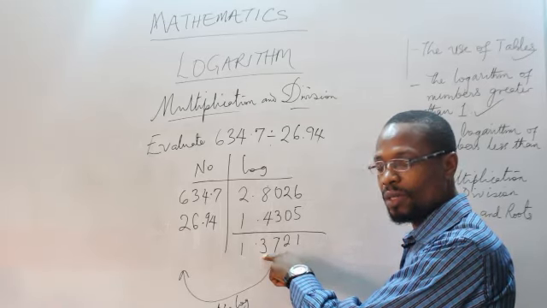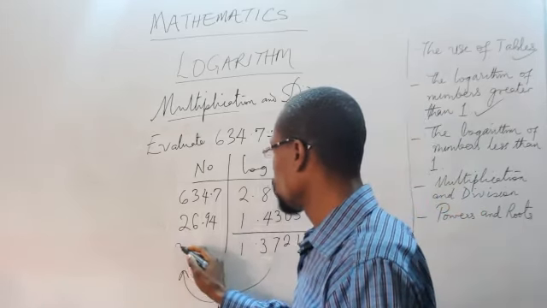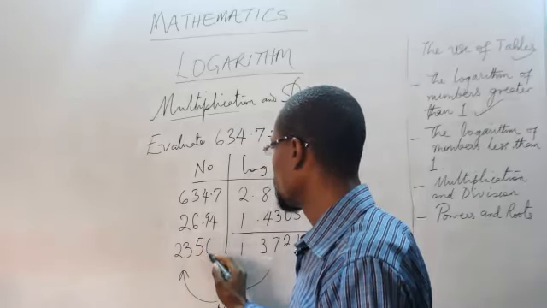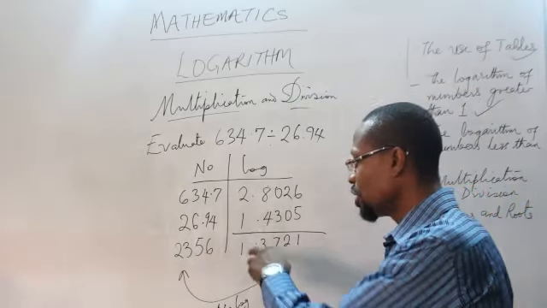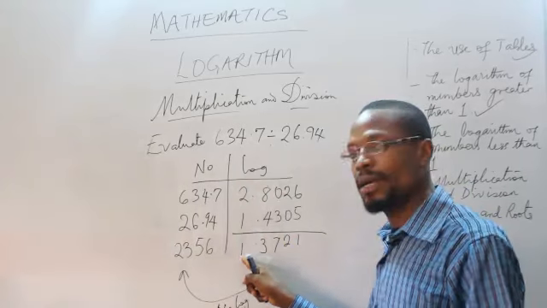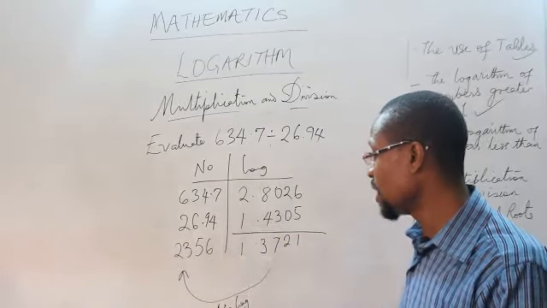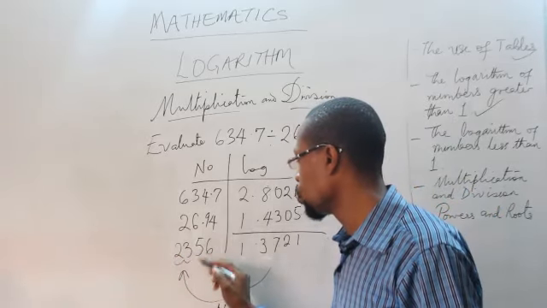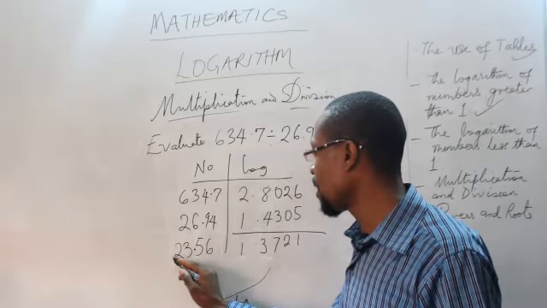Antilog of 37 under 2 difference 1 will give us 2, 3, 5, 6. Again, we will shift the decimal places one place more than the characteristic. So we're going to shift the decimal places twice, 2 places to the right. So that's 1, 2. So our point comes here. So our final answer is